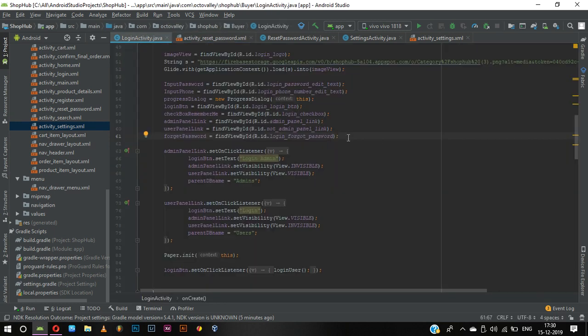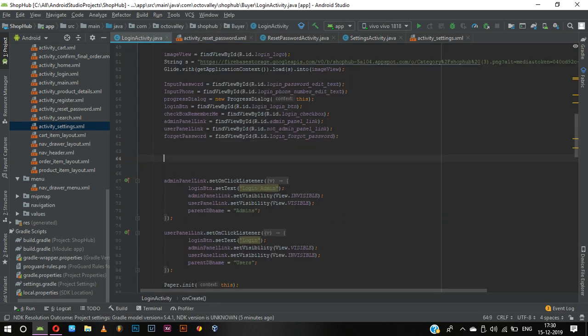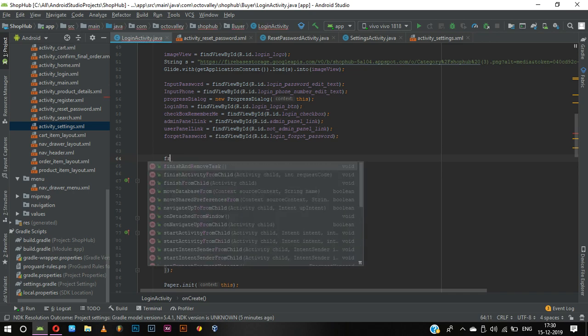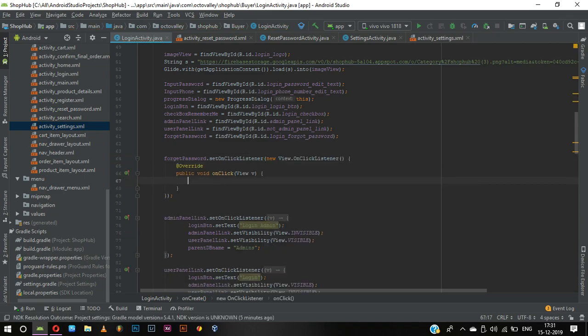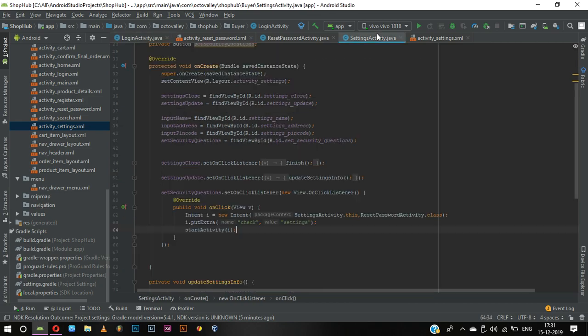Yeah, here we need to start it. And here for this what we can do is forget password dot set on click listener. Now it is going from login activity to the reset password activity, so we are going to start the activity. We can just